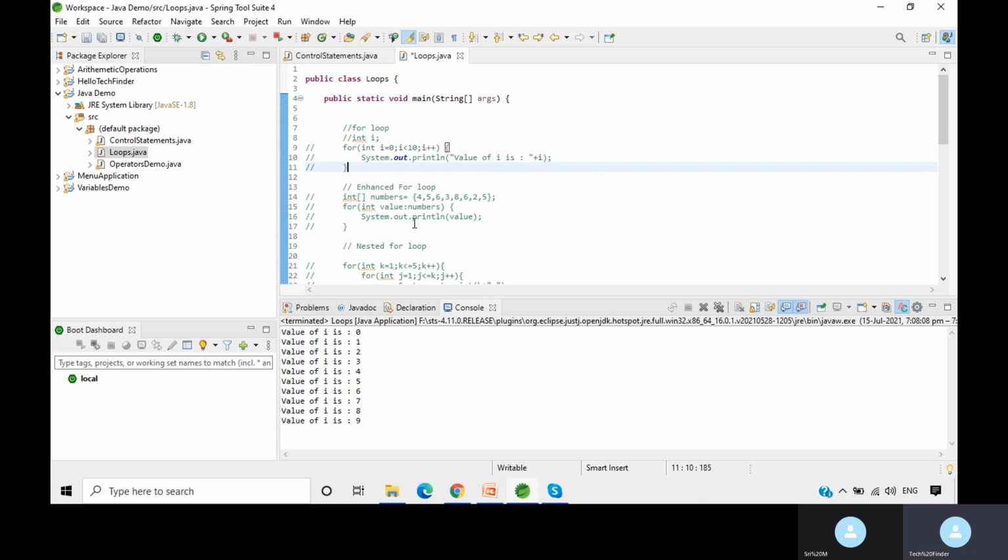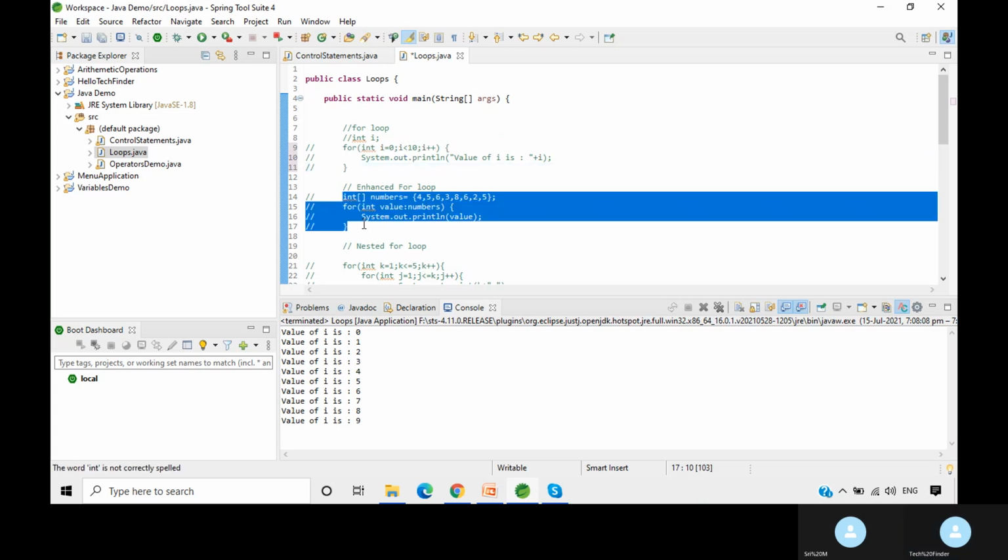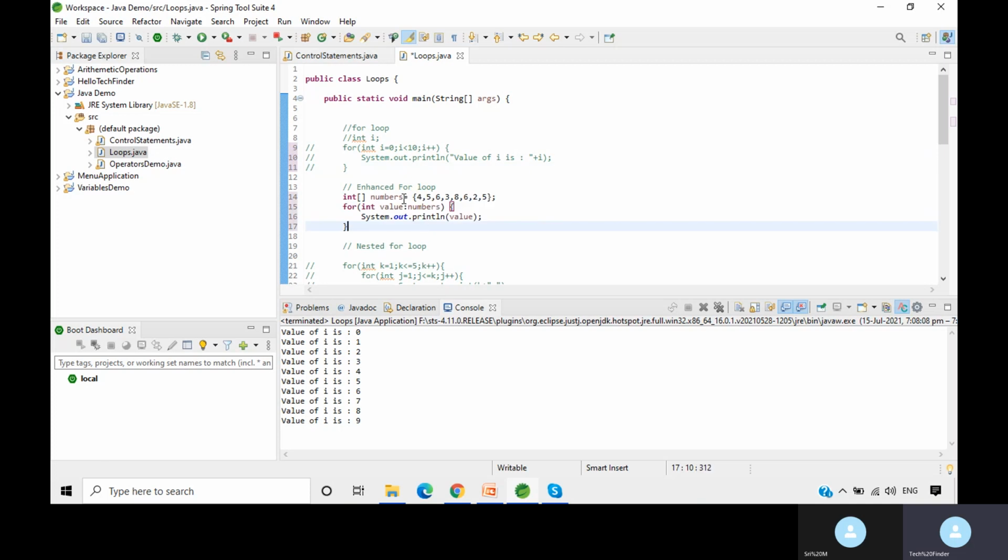Next one is this enhanced for loop. Here I have taken an array named numbers and given a few values in that array. As per the syntax, first we need to give the type of that array, which is integer, and we need to take a variable to represent the values.